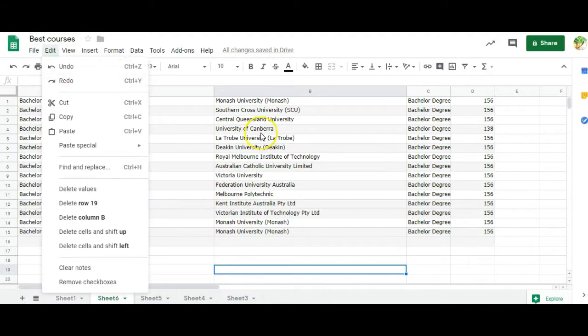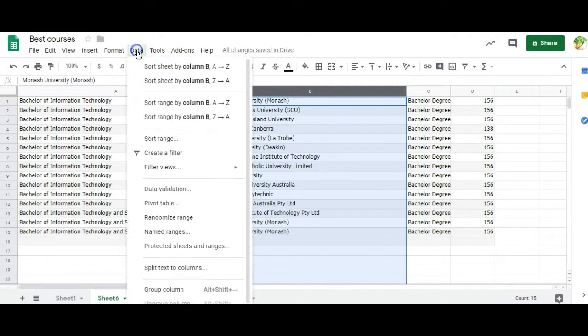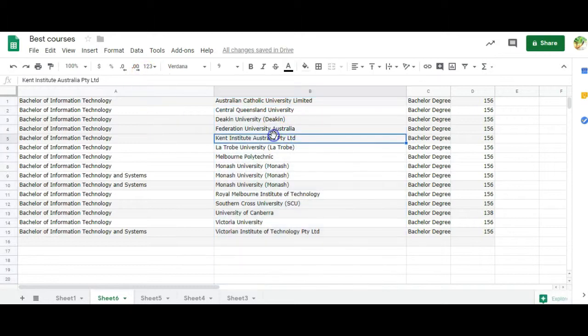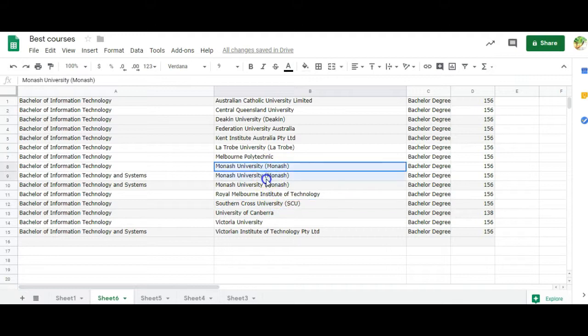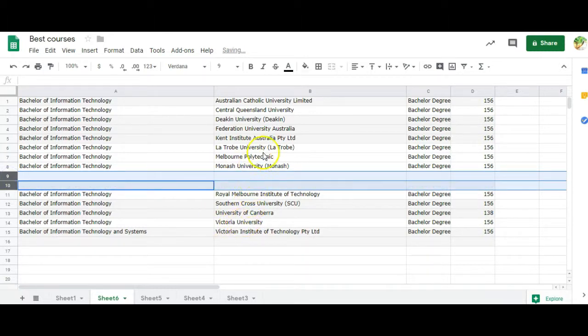The next thing we have to do is we have to remove the duplicate universities. So we will click on the column B, and then we will sort column B from A to Z. And now we can see the duplicates here. We have Monash 3 times, so we can remove 2 of these. And there are no other duplicates here. So now we have a list of 10 courses from 10 different universities, and now we need to compare those